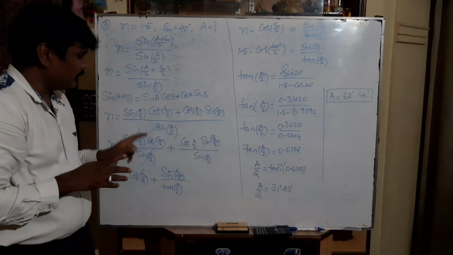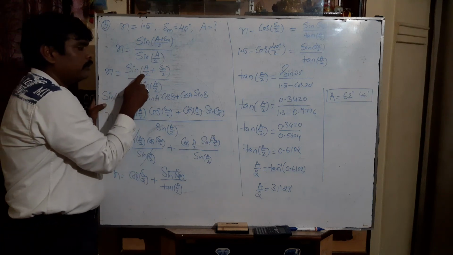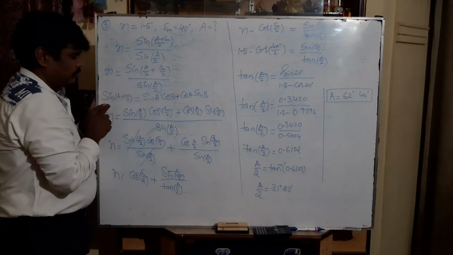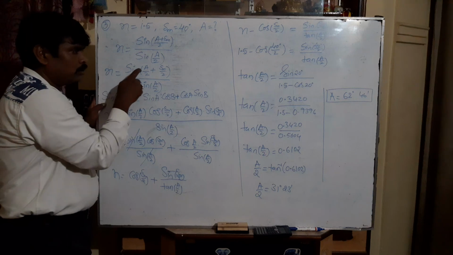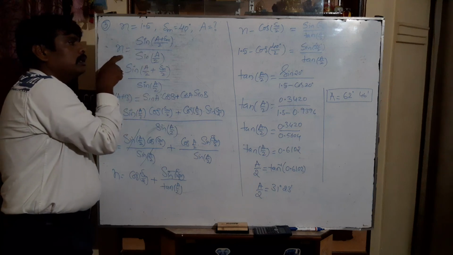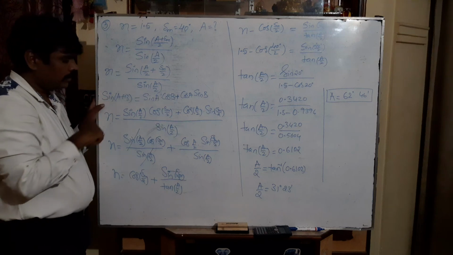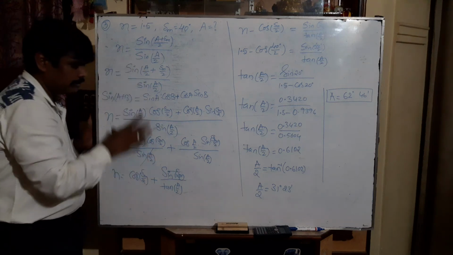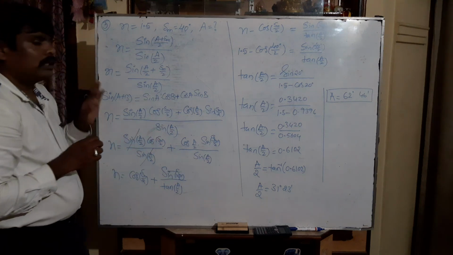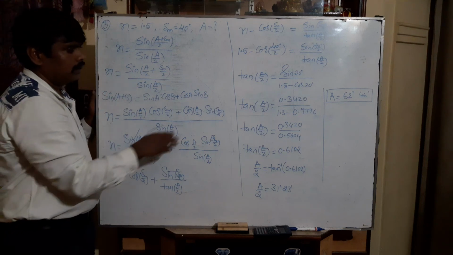Here it is lengthier because of using one trigonometric formula. So first we have to expand this sine of A by 2 plus delta m by 2. By using this formula, because we have to remove one term, because in this formula the angle of minimum deviation is 2 times. So first we have to reduce 2 times into 1 time. That's why it will take a long step, right? So that is the reason it is somewhat a little bit lengthier compared to the other two methods of problems.